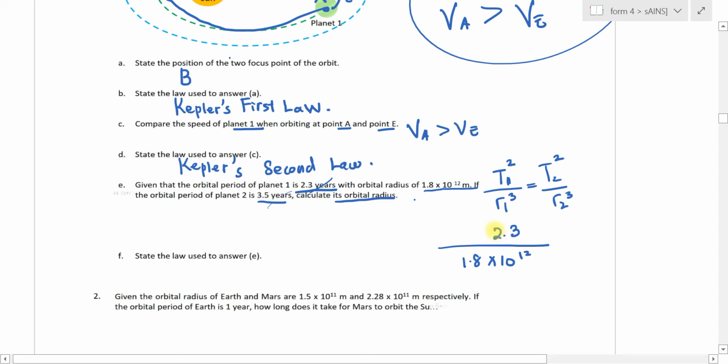Ini baru T1 dengan R1. Sekarang jangan lupa yang ini kena square, yang ini kena cube. Equal to, second period already given for the planet, 3.5 square. And this will be your R